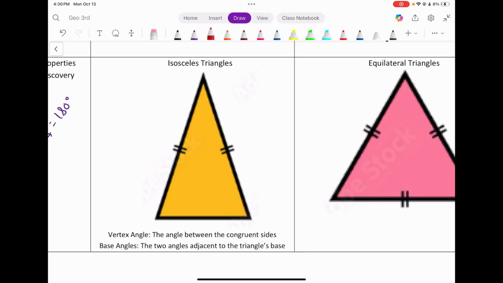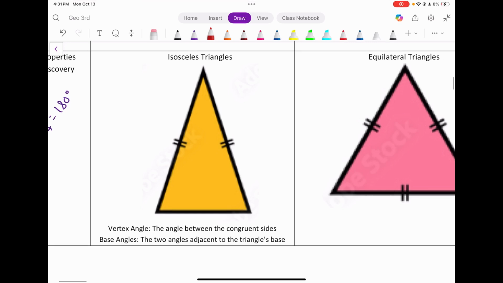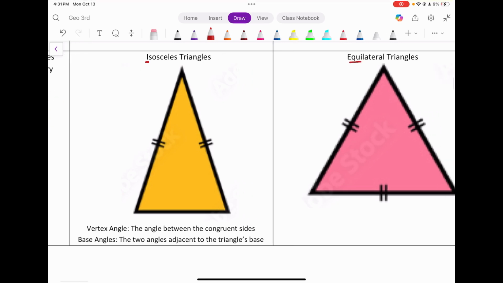Okay, when dealing with different triangle types, again, reminder that scalene triangles have no congruent sides. Isosceles, again, I think about the word eyes. Like you have two eyes, an isosceles triangle has two congruent sides. Then you have equilateral, which means equal, meaning equal sides, equal side triangles, and we'll show you how to deal